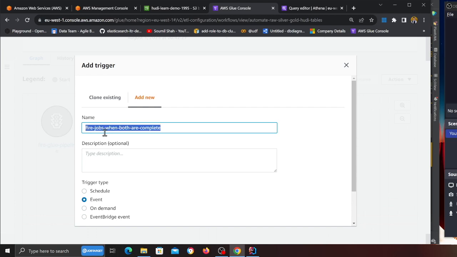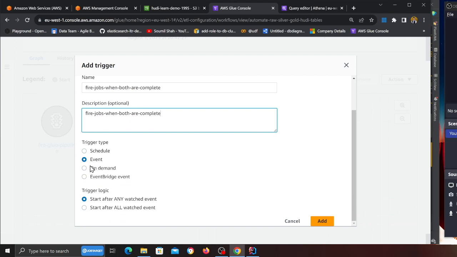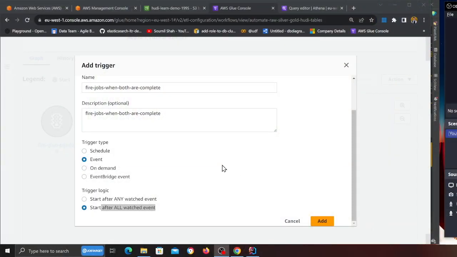Again, you can give any name, I'm just showing you an example over here, right? And over here you can leave this to event, and then under trigger logic, make sure you select start after all watch events, which means we are saying that, hey, I want to fire that third job once both of these jobs are complete. Again, we're going to see that process. So after that, I'm going to click on add,